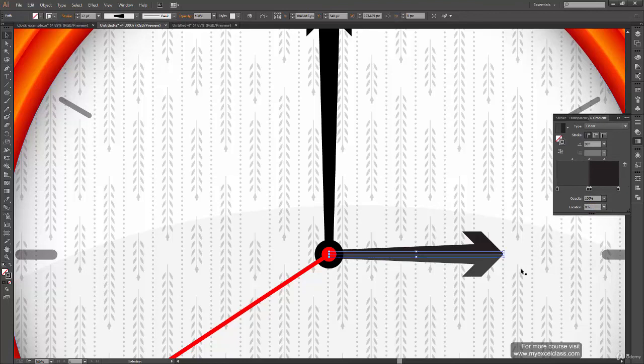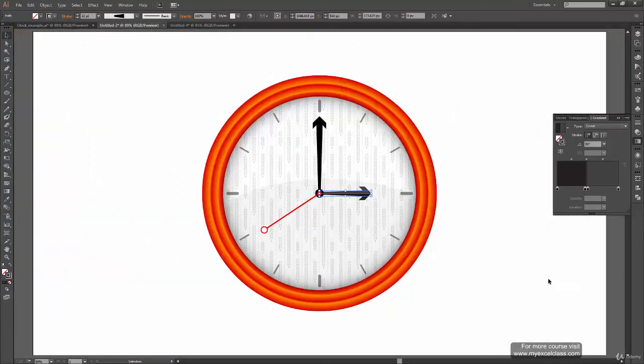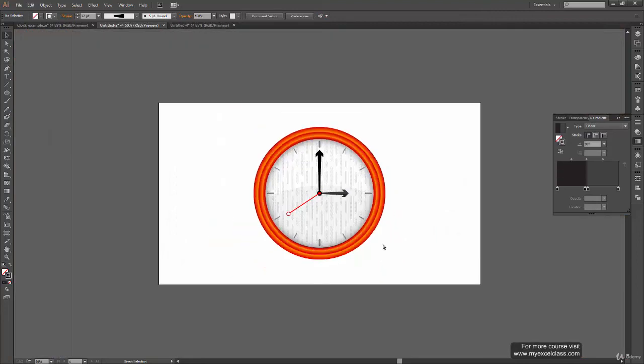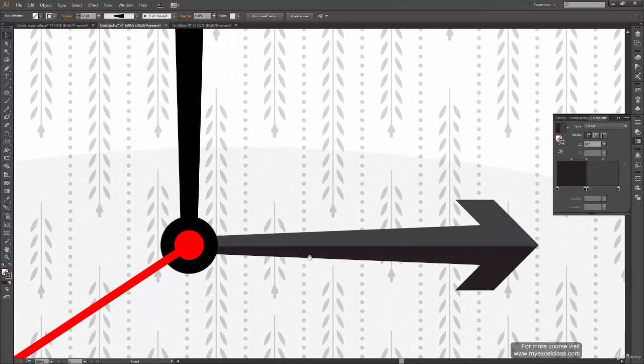Again, it gives us a 3D look, that this bottom part, or this middle part, is on the top compared to these two ends. Now we might want to reverse the gradient because while making we have decided that the light is on the top, so it falls from here. So the top part of this hand will glow and the bottom part will be in the shadows.